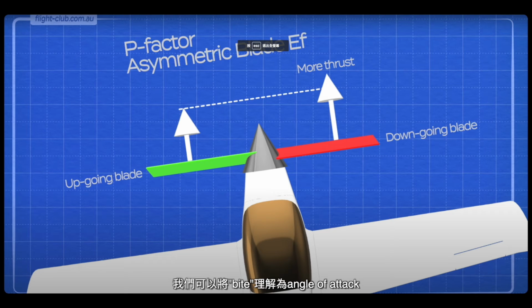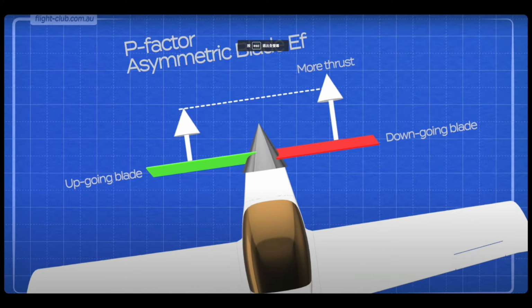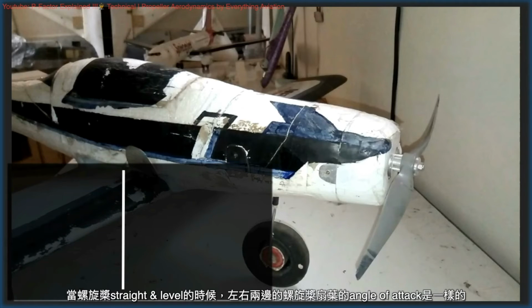理解為 angle of attack。bite 大 angle of attack 就大，bite 細 angle of attack 就細。就咁用文字解說係幾難理解嘅。睇完接落嚟嘅片呢，希望能夠幫助大家理解。So, I have capped aircraft to simulate straight